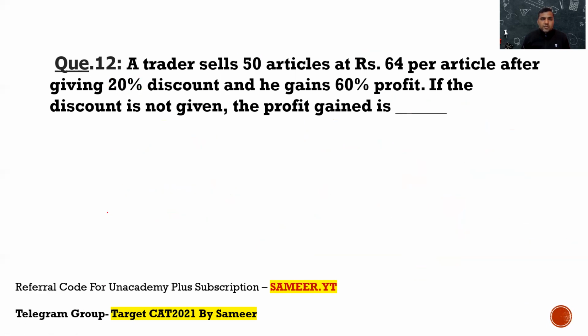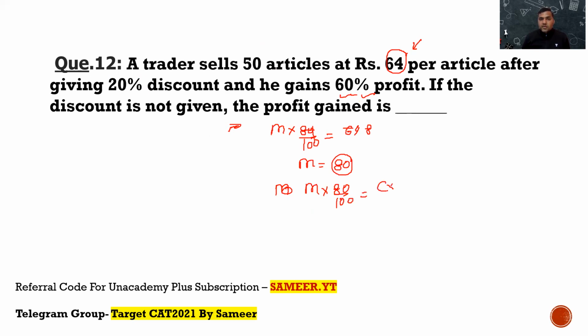Now let's try to use another way to solve this question. See that 50 articles are being sold at 20% discount and the selling price is 64 rupees. So therefore, you can straight away find out the mark price of the article. The mark price of the article is 80 rupees, right? And there's a profit of 60%. A profit of 60% means that 80% of the mark price is equivalent to 160% of the cost price. So that tells me the mark price is 2 times the cost price. So therefore, using this, the cost price will be 40 rupees.